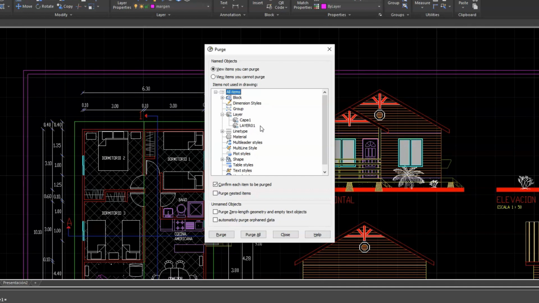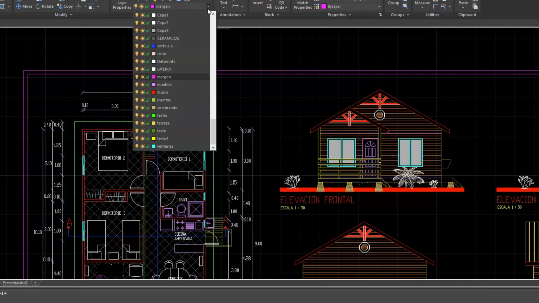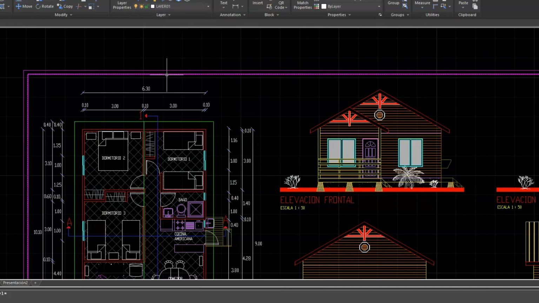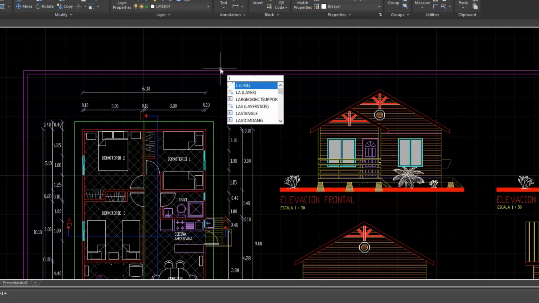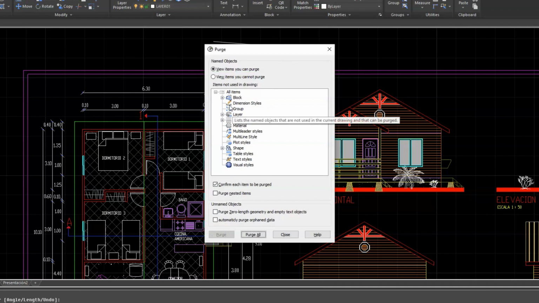Let's see what happens when we add something to this layer. We close the Purge Manager and draw a line on Layer 01. Let's see if the layer is still present in the Purge menu. As expected, we can see that Layer 01 is not present anymore, since it's now being used for the line